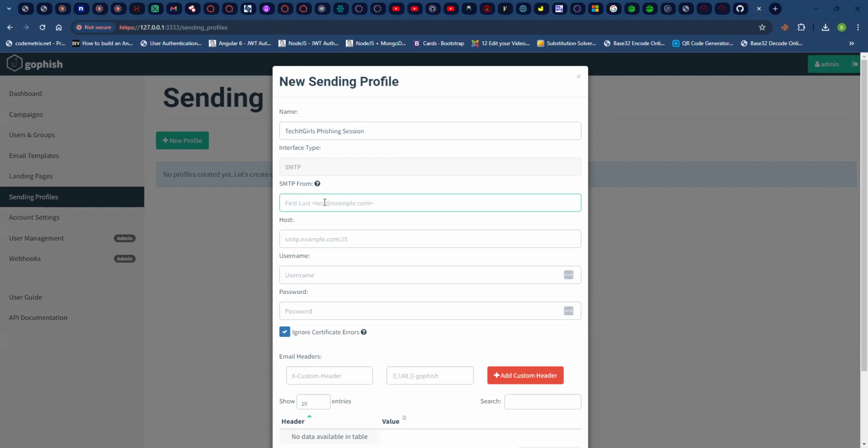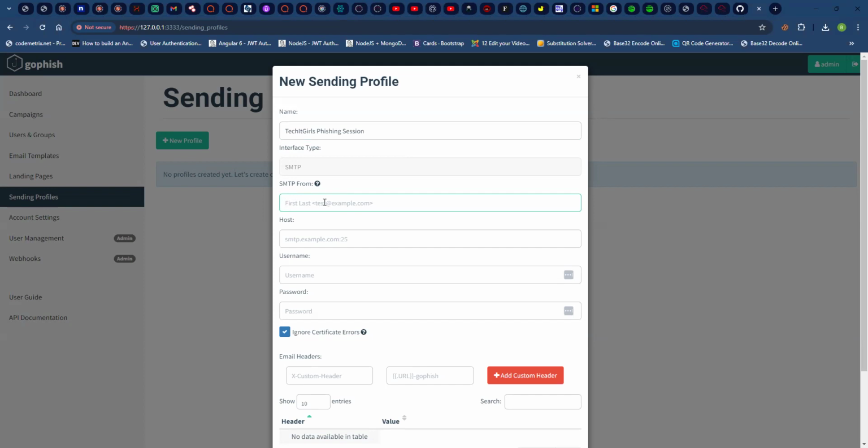Now, again, when it comes to sending out these emails, there are several ways we can do it. So what I'm going to be showing us is how we can set up GoFish with Gmail to send out phishing emails. Now, most times when you want to send out phishing emails in a real engagement, you are required to get your own domain name. So you have to have your own domain, and you also have to have your own mailbox, where you can easily send those phishing mails from. That will make it more realistic in a real engagement.